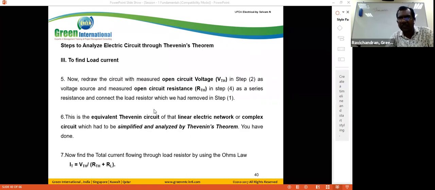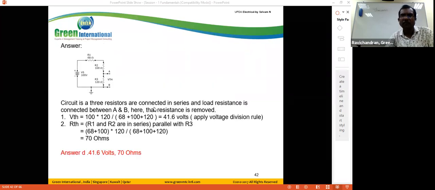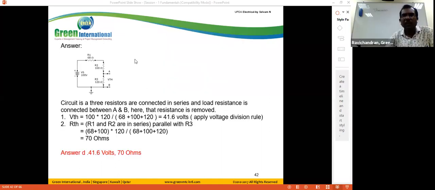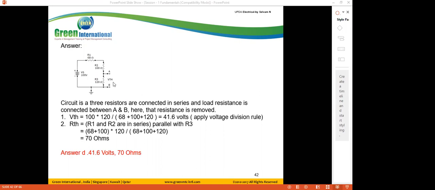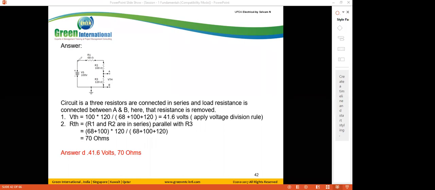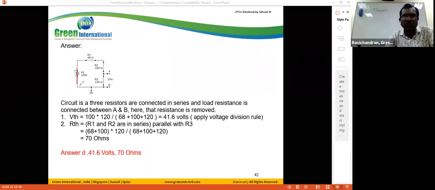Once again, we go to the example. Now, our objective is to find the Thevenin resistance. What is the first step? Remove the load resistance. Already, in the circuit itself, the resistance is removed. Okay. Next step, if there is a voltage source, we need to short circuit it. So here, there is a voltage source, so we need to short circuit the voltage source. Now, see the circuit diagram.